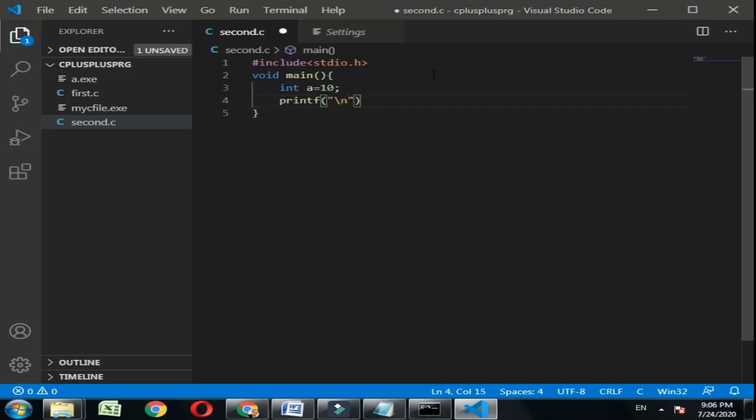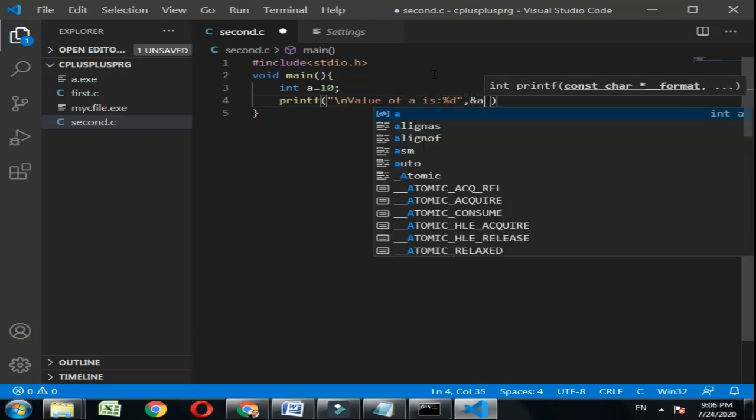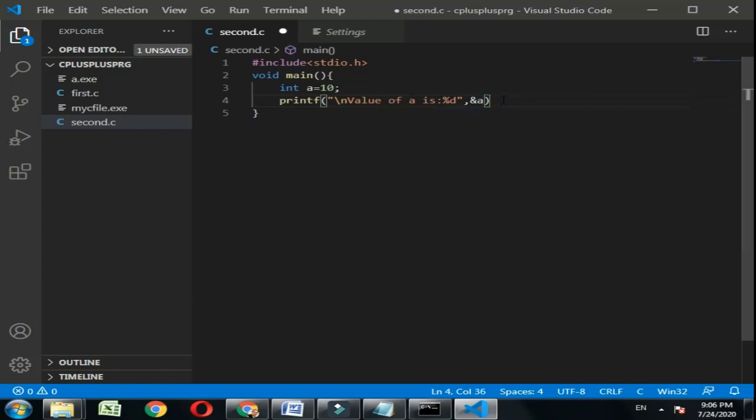Value of a is %d, ampersand, right? It autocompletes because it is suggesting a variable which you made earlier. So that is the autocomplete option which we installed earlier, right? Now our program is perfectly fine.